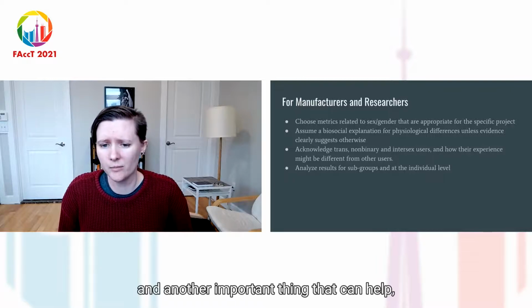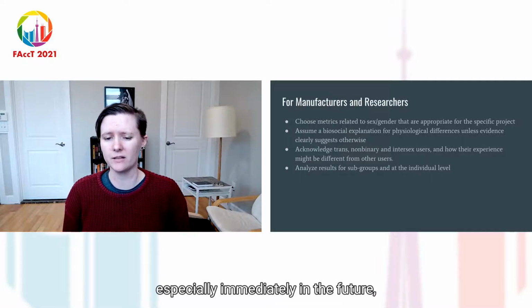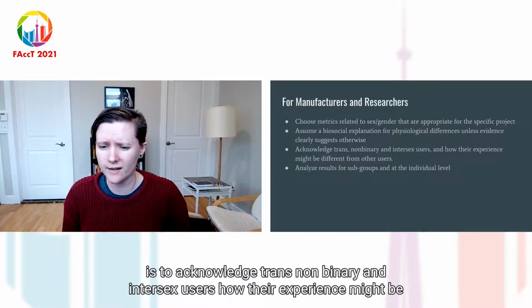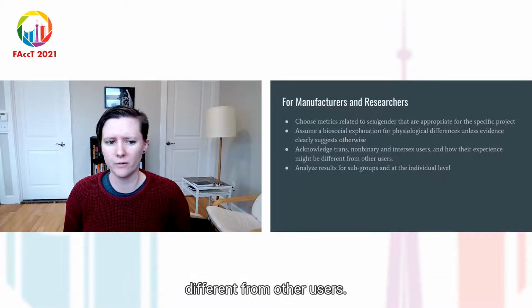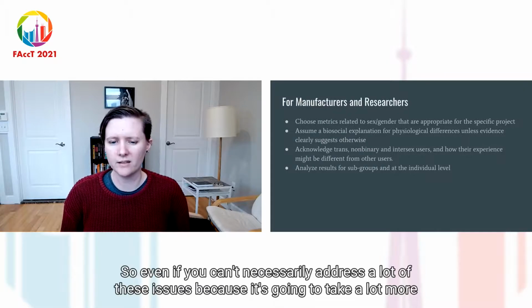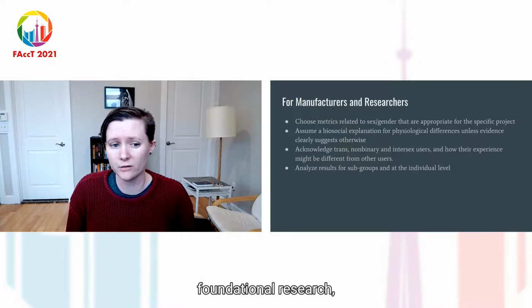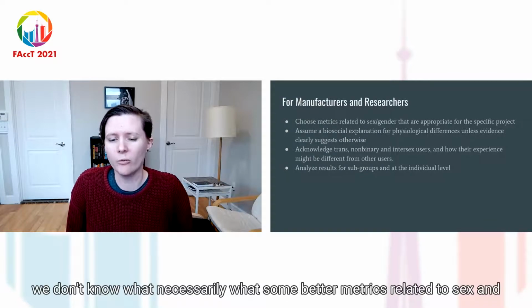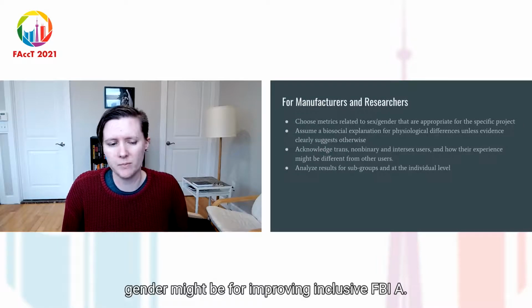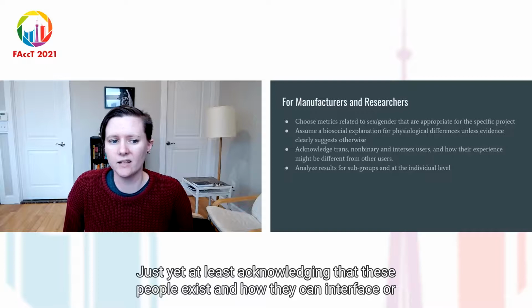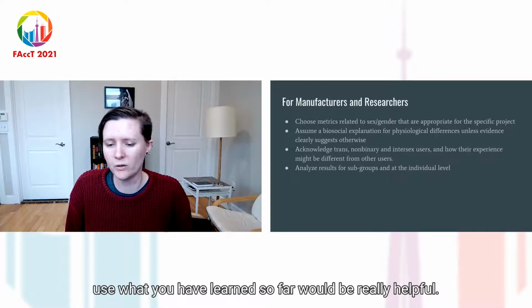And another important thing that can help, especially immediately in the future, is to acknowledge trans, non-binary, and intersex users, how their experience might be different from other users. So even if you can't necessarily address a lot of these issues, because it's going to take a lot more foundational research, we don't know what some better metrics related to sex and gender might be for improving the inclusivity of BIA just yet. At least acknowledging that these people exist and how they can interface or use what you have learned so far